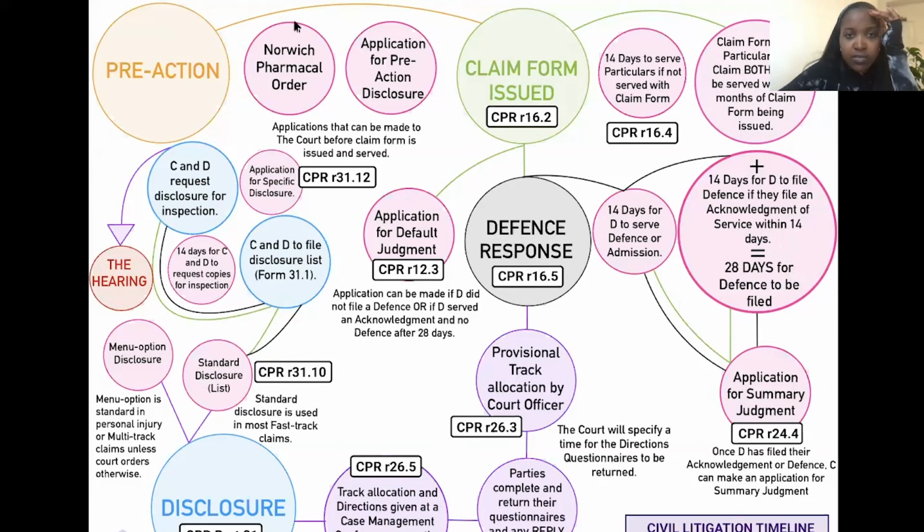So you move sort of this way through. But as you can see, even though you go from pre-action all the way to disclosure, there are all these random little things that can happen as you go along. So between pre-action and actually issuing the claim form, you could,